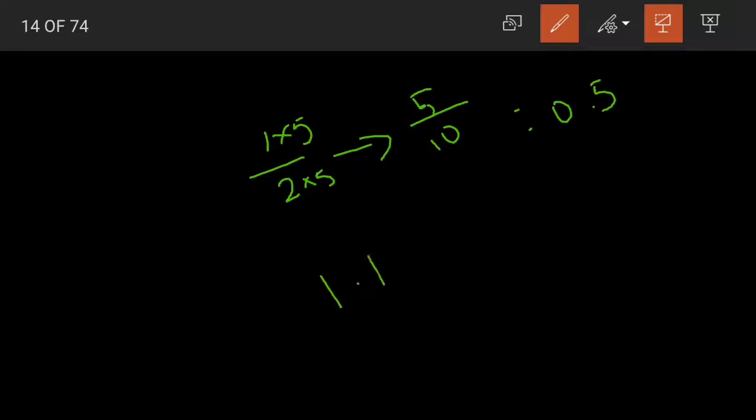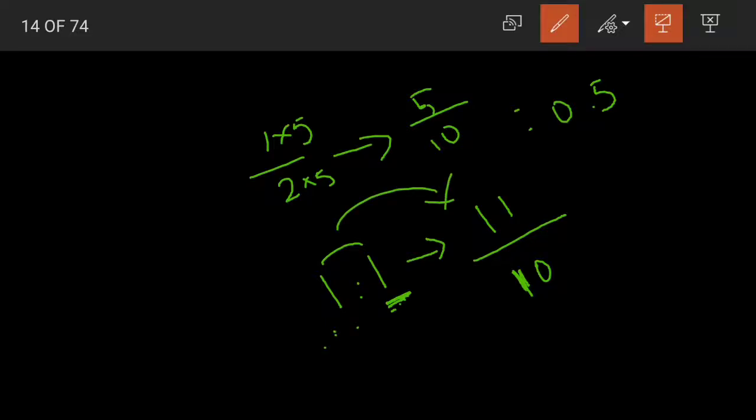And also how to convert a given decimal number into a fraction, 1.1. How can you do this children? 1 right, as it is without the decimal point. And for the denominator, if we observe in the decimal number we have one decimal point, so in the denominator after 1 we'll place 10. The fraction for the given decimal number 1.1 becomes 11 by 10.